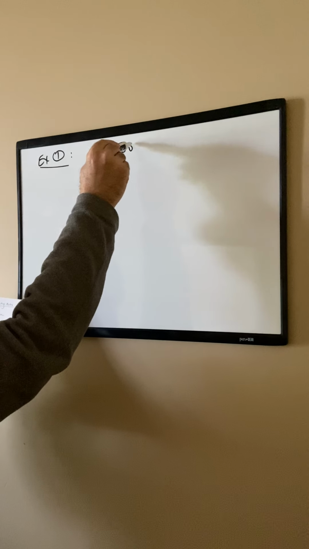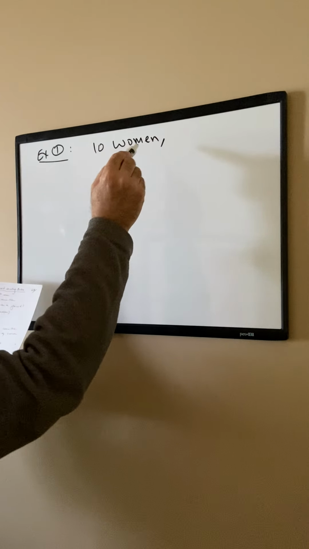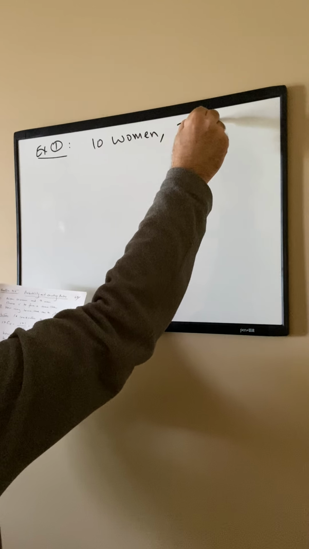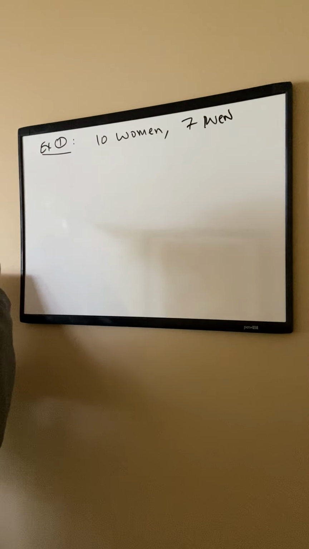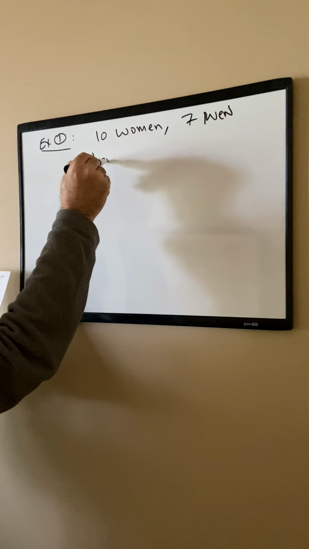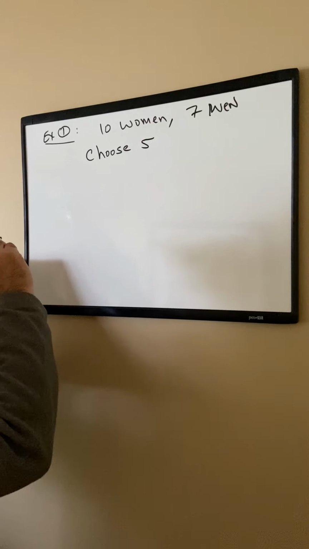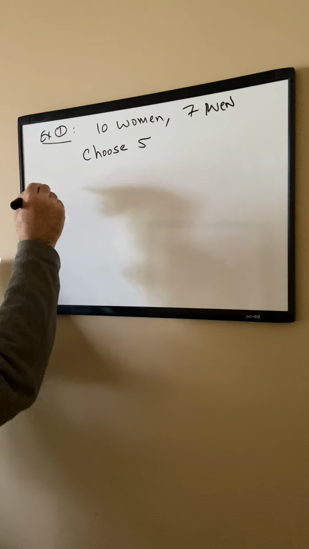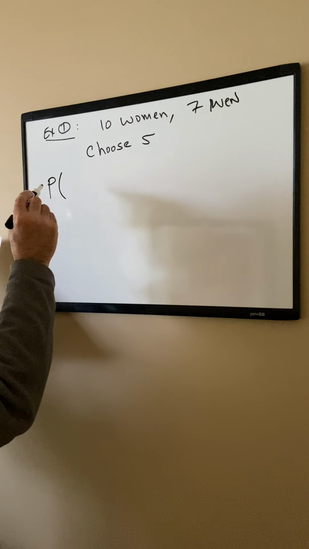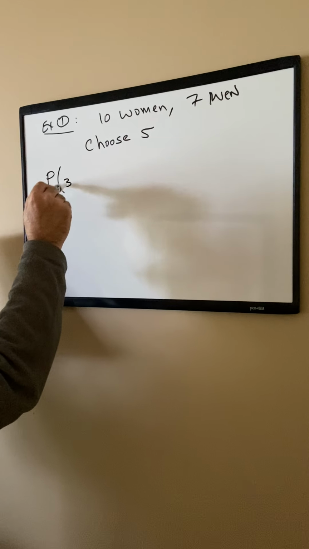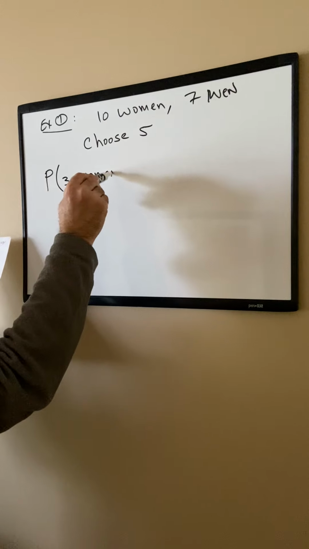Example number 1, we are given 10 women and 7 men. The question is, if we were to choose 5 at random to form a committee, find the probability that a committee can consist of 3 women